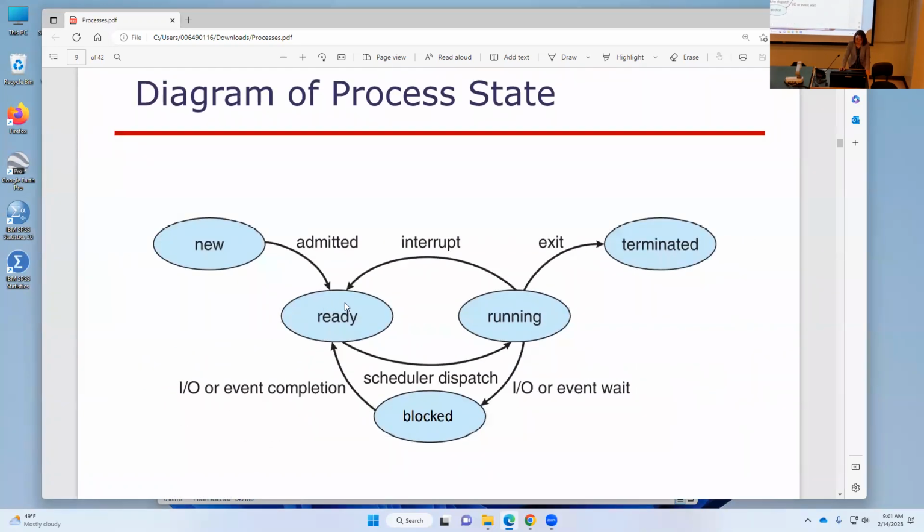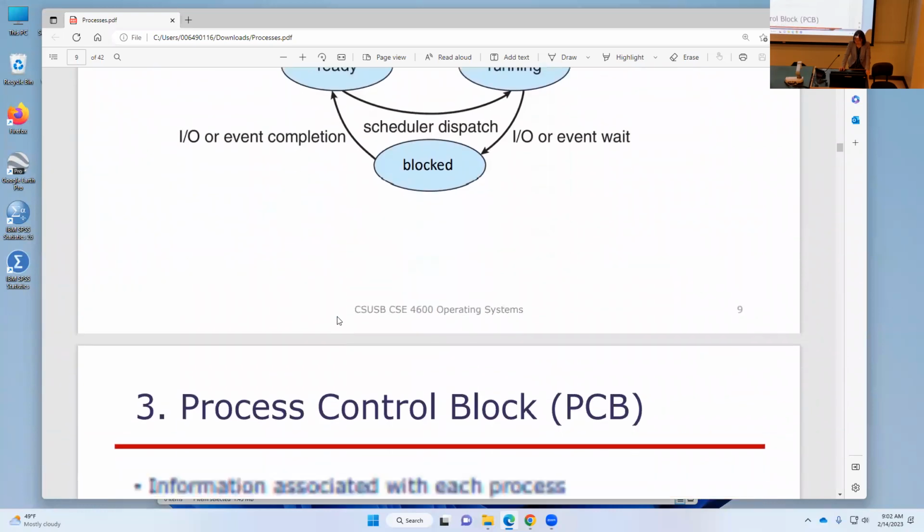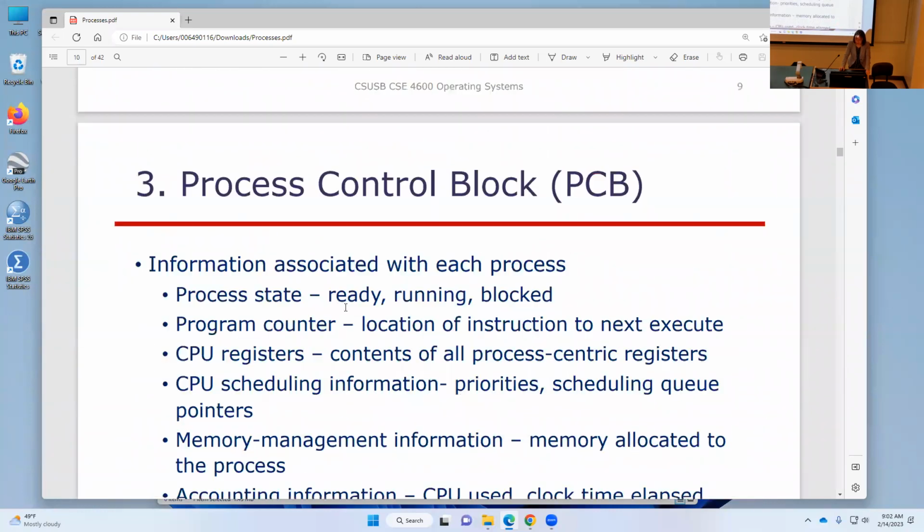A process can change from ready to running, and back to ready, and also it can change from running to terminated. Also it can change the state from new to ready. And the operating system